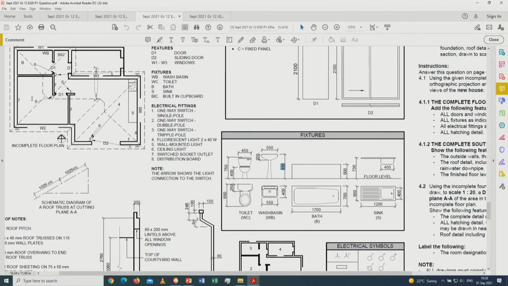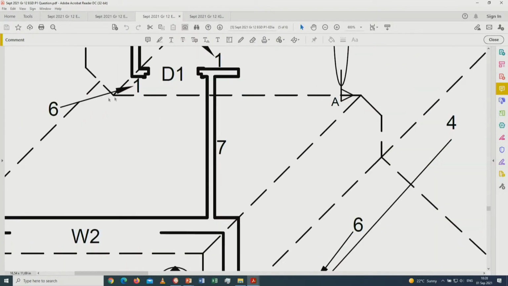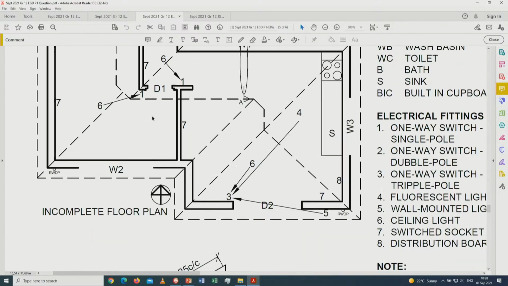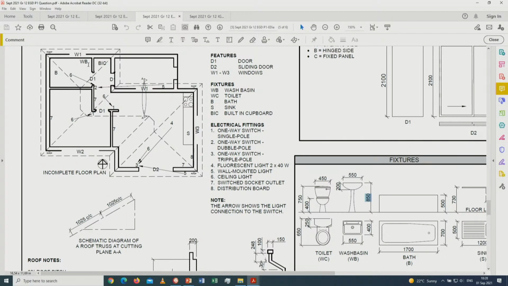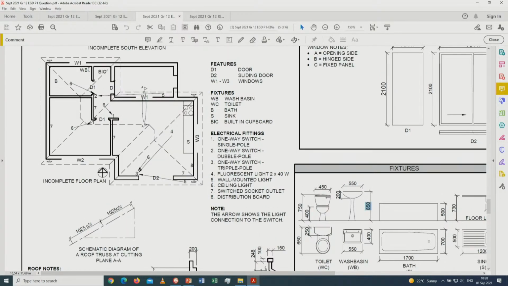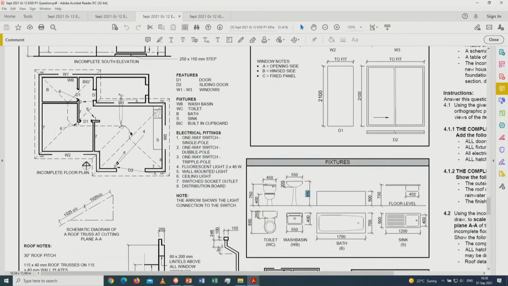Then the positioning of it, the freehand lines between the arrows 6 and 1, that is low order content. The symbols, that is middle order content because of grade 10 level. Doors and windows, there are 4 windows, 5 windows, 4 doors or 5 doors. The learner should know by now how to draw the symbols for doors and windows. That is supposed to get full marks, because most of this question is low order